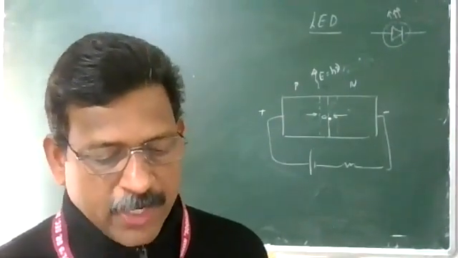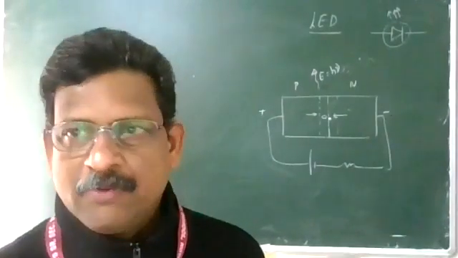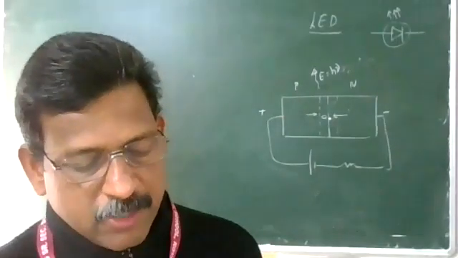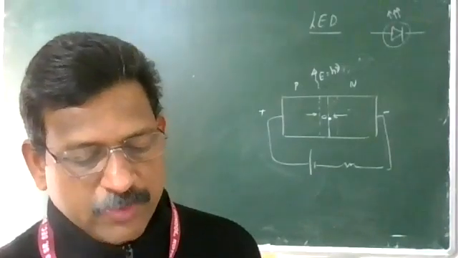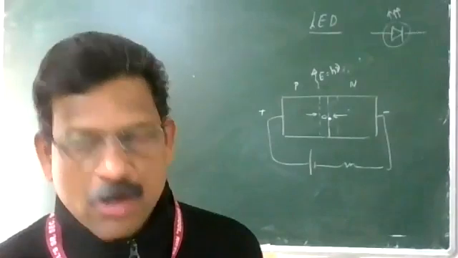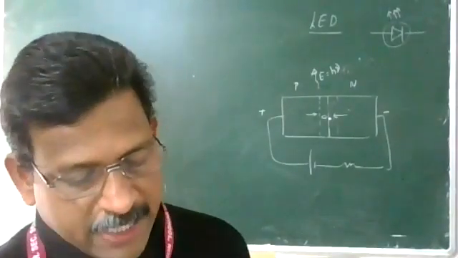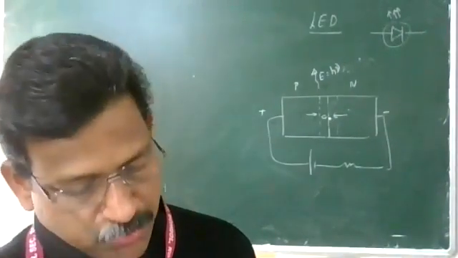At the junction boundary, the concentration of minority carriers also will increase because of heavy doping. So at the junction boundary on either side, excess minority carriers are there, which recombine with the majority carriers. On recombination, this point is very important. On recombination, what happens? The energy is released in the form of photons, E equal to h nu.